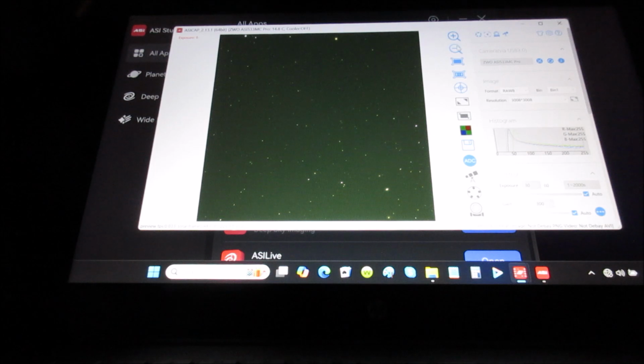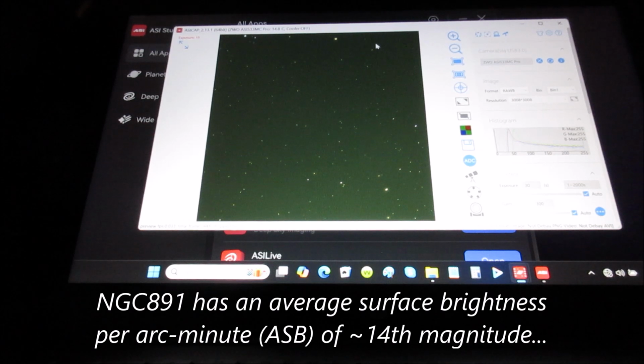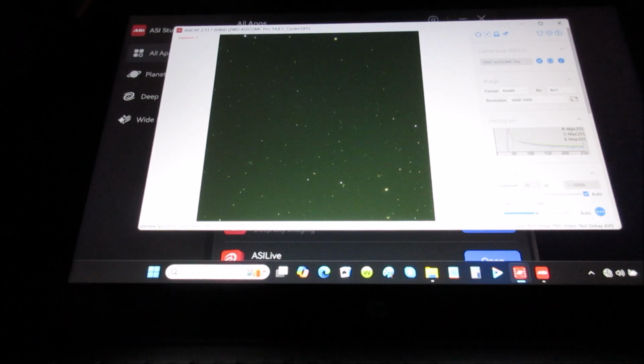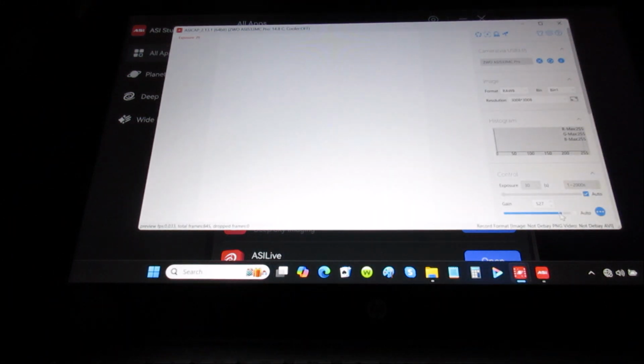Now I can play with the gain to see if there's any visibility with it, or we can assume that we do not have a good alignment. However, I'm seeing a faint scratch of light there, which means maybe what I ought to do is try to manually change the gain to begin with to see if there's any improvement. But yes, right in this region of the screen, we are kind of seeing something there. So we'll take it off auto and we'll push it way up